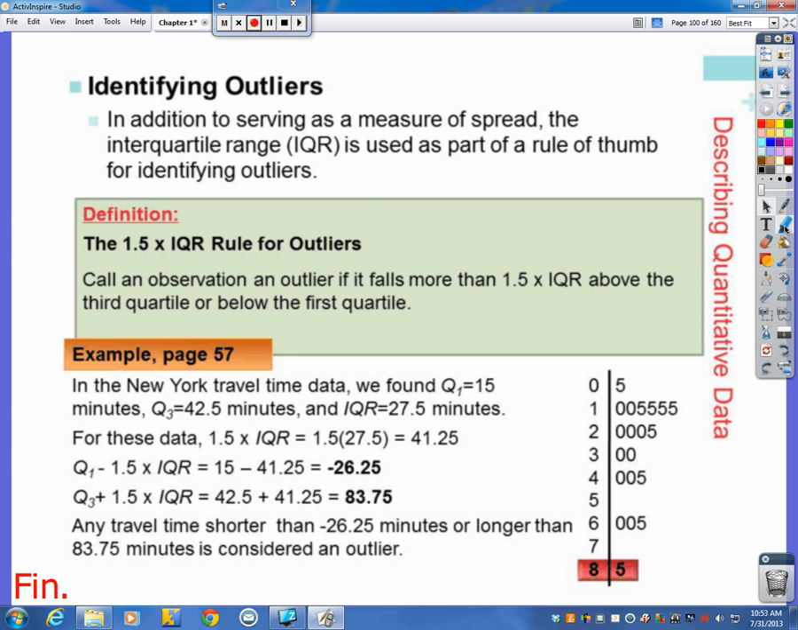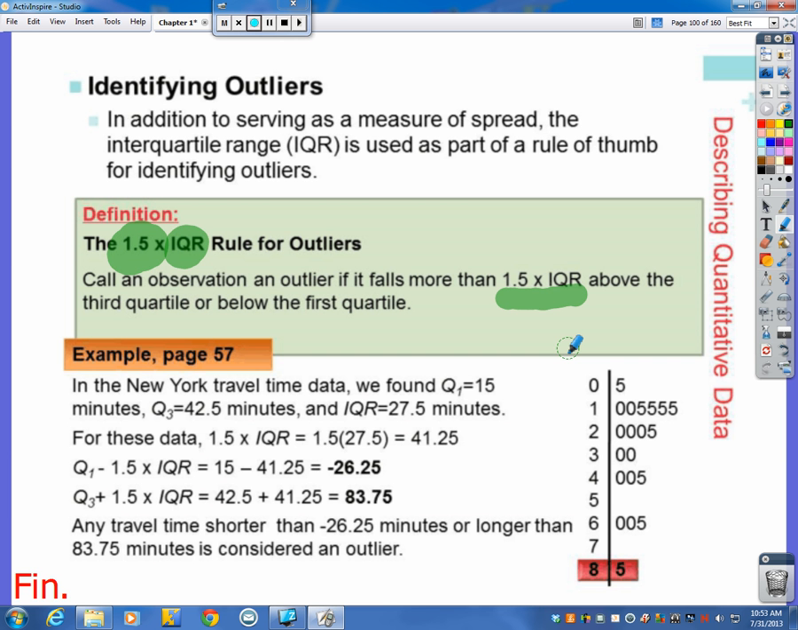So the rule is we need to calculate the interquartile range, which we just talked about, and we're going to take that number and multiply it by 1.5. Now you might ask, why 1.5? Why 1.5 IQRs? Honestly, some guy a long time ago who created this said, you know what, 1.5 interquartile range, that number,